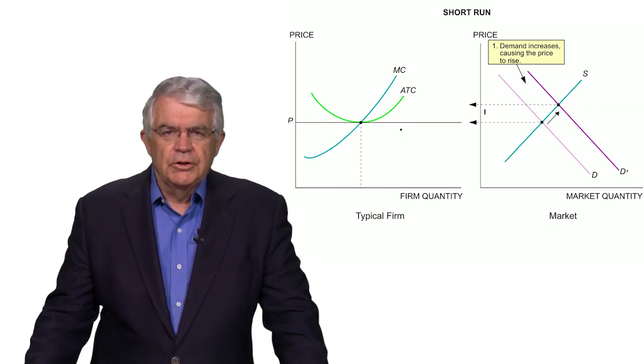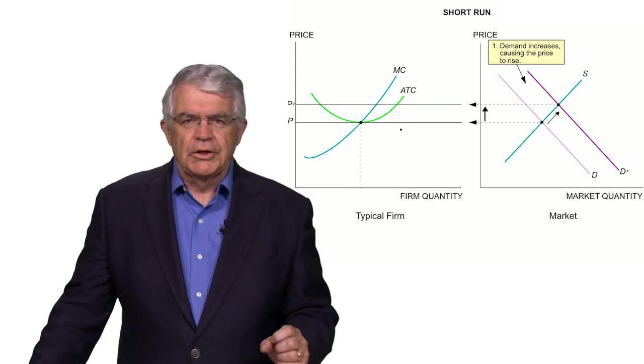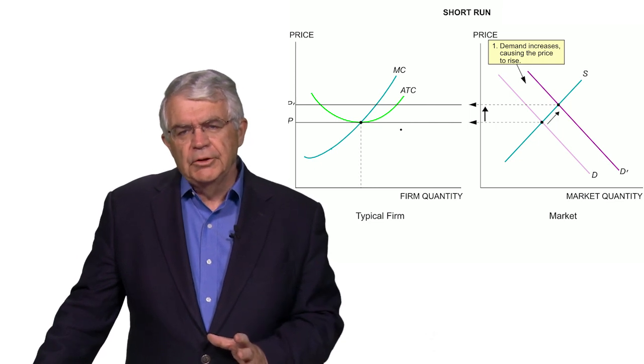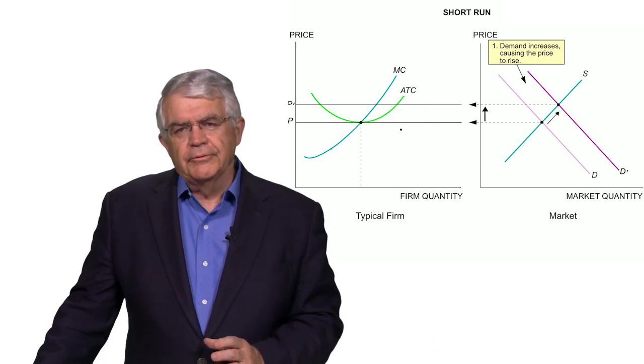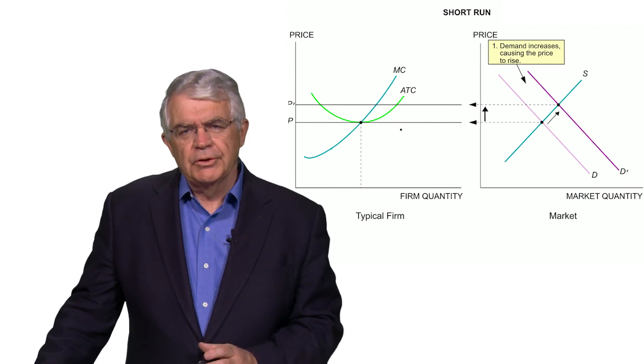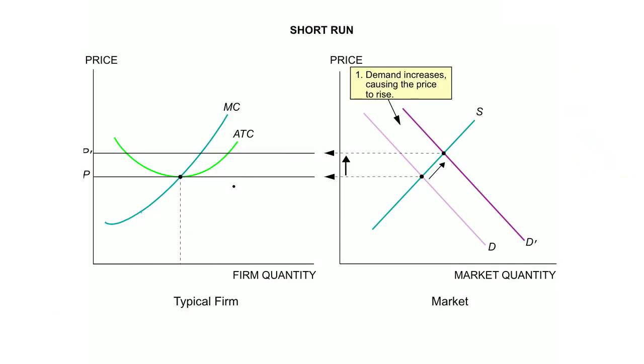And we can draw across the diagram that new higher price. So again, all we've done is say, oh, demand curve shifts out. We know from our theory of market demand and supply that's going to cause the price to rise at the new intersection of supply and demand. And now we can take that over to the left-hand side of the diagram, and we see that there's a higher price. Now, the typical firm in this industry is going to observe this higher price. And what's it going to do? It's going to say, well, I want to adjust my production so that the marginal cost equals this new price.